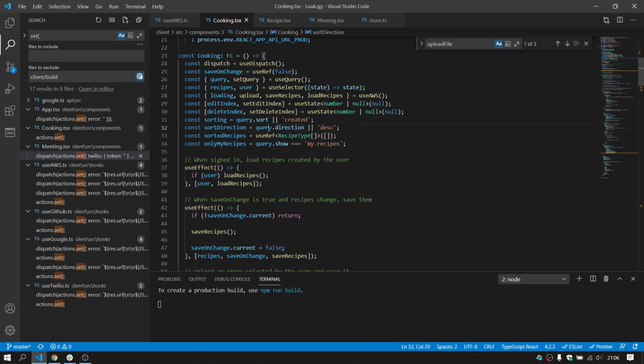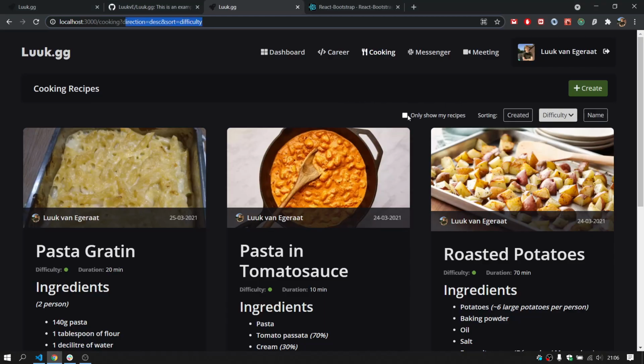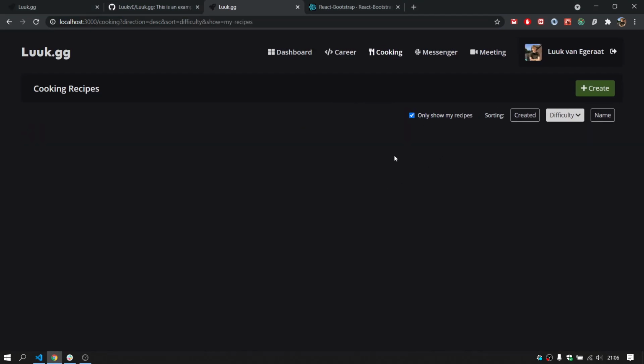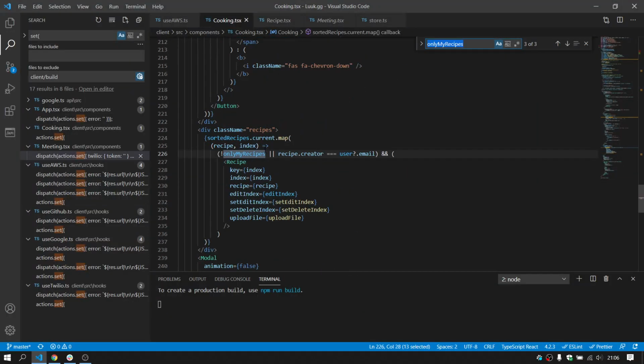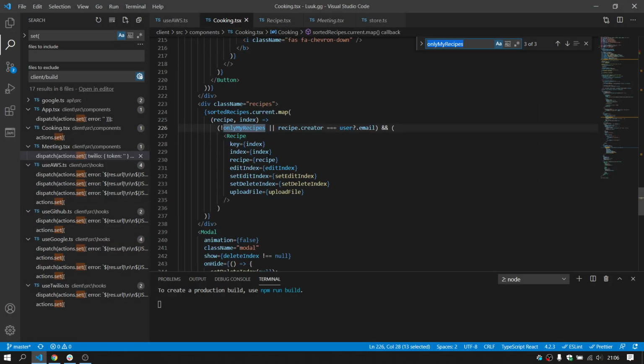And again, these properties come from here, right? So I look at the query sort, and if it's not there, then by default it's created. I look at the direction. If it's not there, by default it's descending, right? So that's my sorting. And I also have a filter for only my recipes, which is that little checkbox here, right? In this case, there are none because I deleted them all. But so I use those, boom, over here